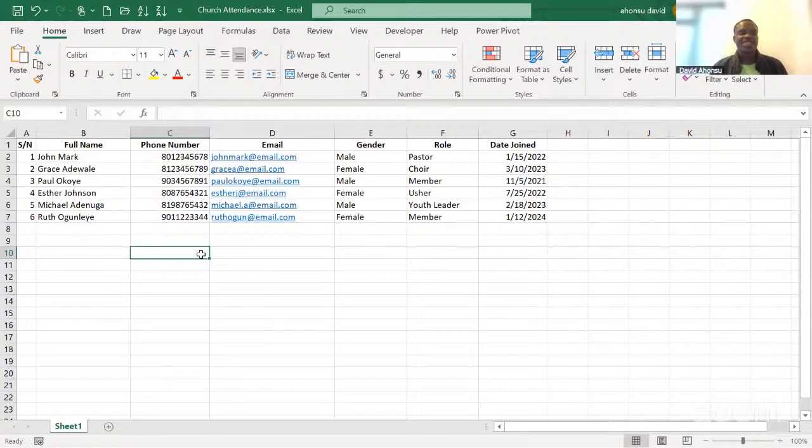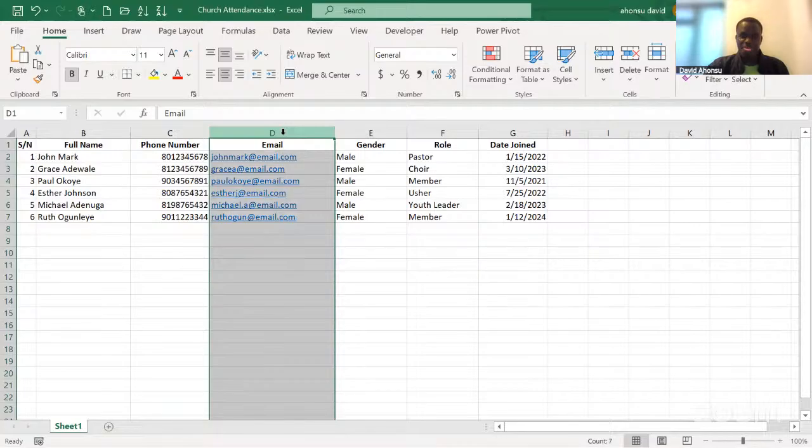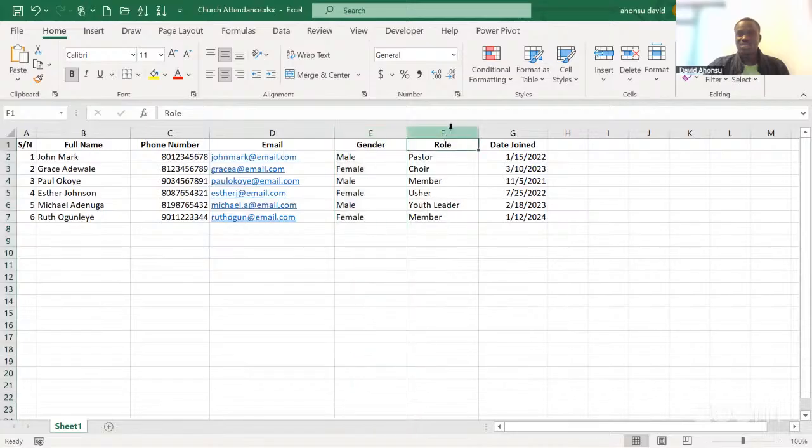All right. So here we have about 6 columns. Initially, I just added 1 to make it 7. After the serial number, the first column is the full name, talking about the names of the members in the church: John Mark, Grace Adewale, Paul Okoye, Esther Johnson, Michael Adenuga, Ruth Oguneye. Then we have their phone numbers in the third column, that's column C. Then we have their email addresses in column D, their gender, then the roles they are playing in the